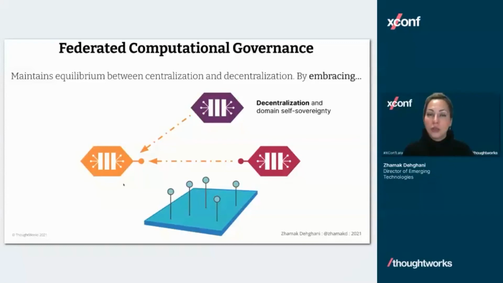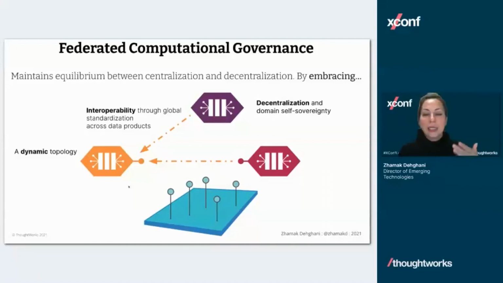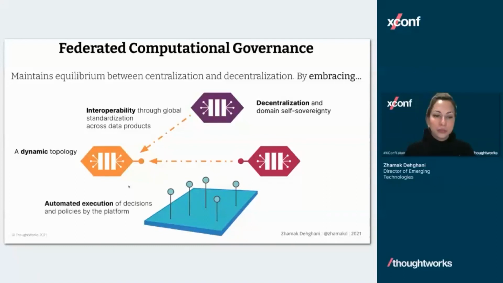So the characteristics of this computational governance is really that the things you need to embrace is that we have to come up with a set of standards that can be coded, that can be computationally automated and implemented by the platform. We have to embrace that this is a very dynamic topology. We can't put a person in the middle, try to orchestrate the work. So it has to be really addressing this kind of dynamism that it has. It has to embrace interoperability, decentralization.